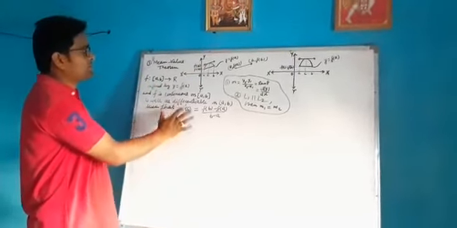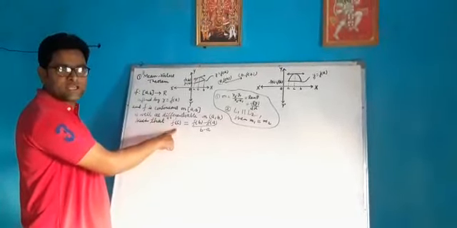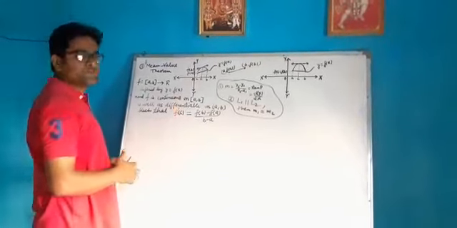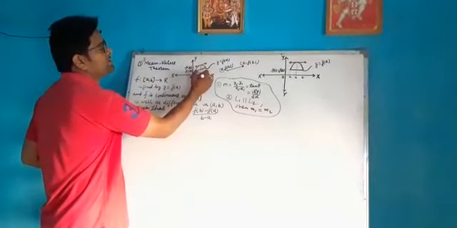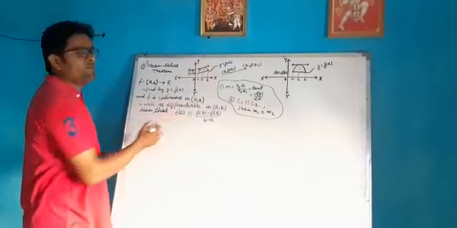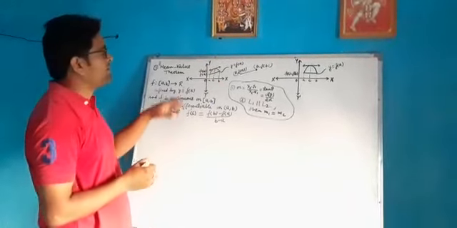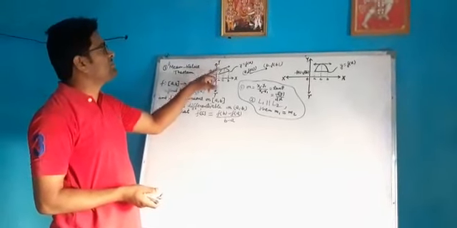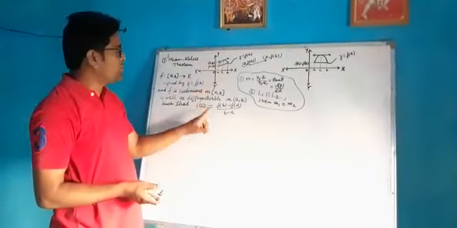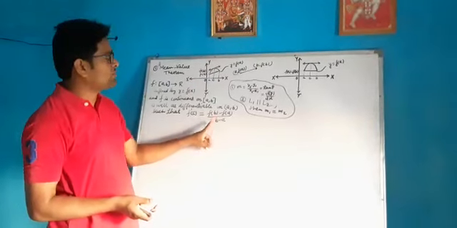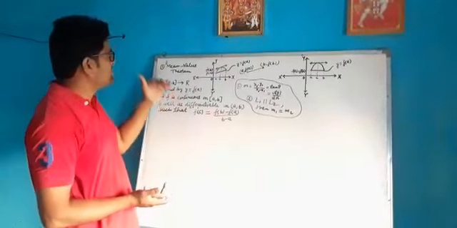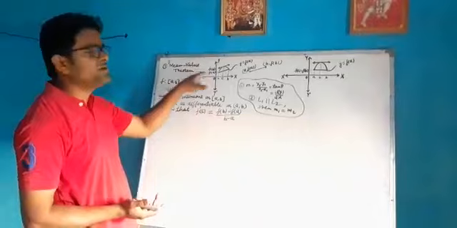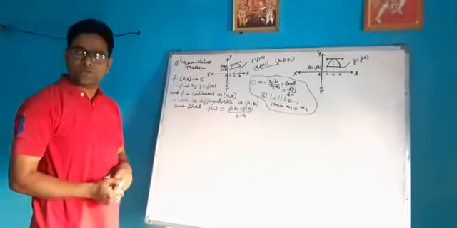So the slope of the tangent is f dash x at x equal to c, which I have found. That's why this point is c. You can see this point is c. So f dash c, which I have found, means the derivative of the function f of x at x equal to c. That is equal to the slope of the tangent. It is equal to the slope of the secant. The slope of the secant is the difference of y coordinates by the difference of x coordinates. This is the geometrical interpretation of the mean value theorem, and this is actually the mean value theorem.